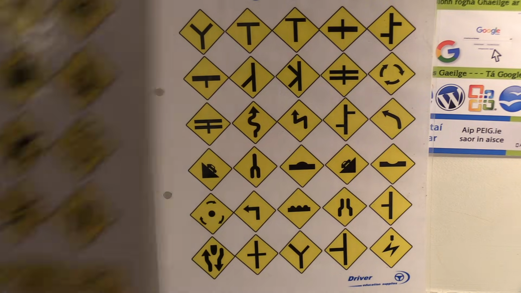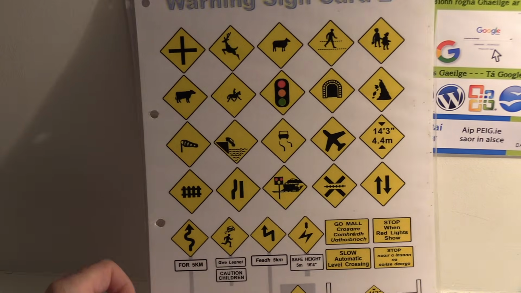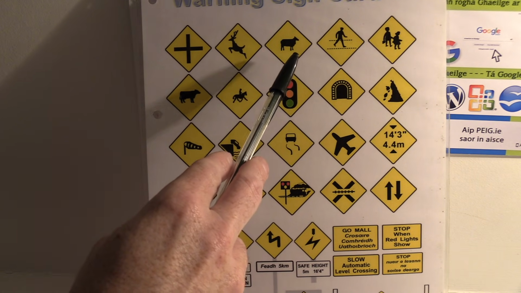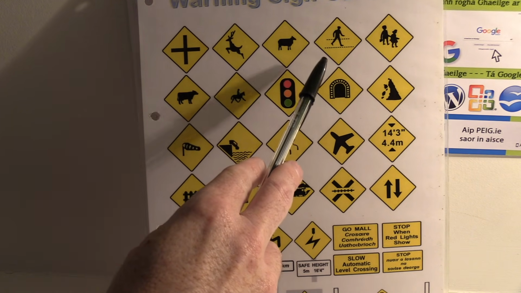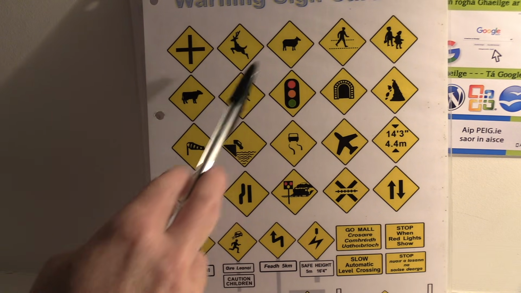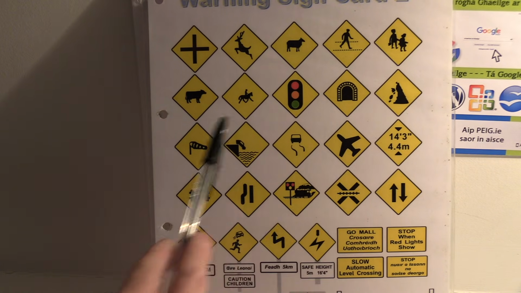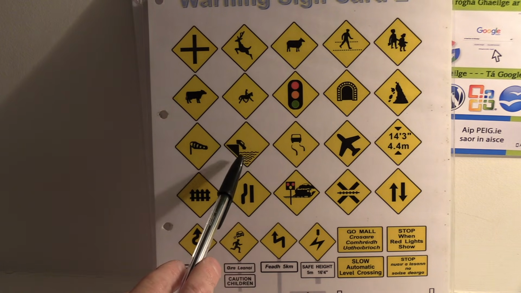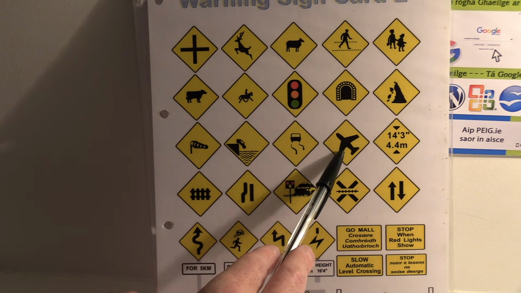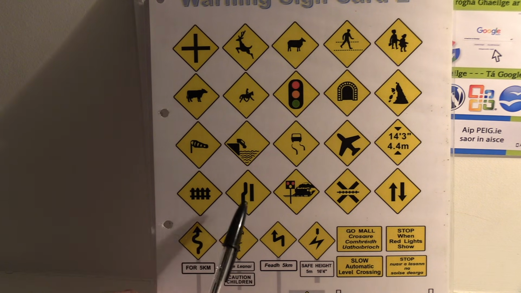So another series of warning signs here, again some of them might be repeated. So we have crossroads, deer, that's for farm animals like cattle, pedestrian crossing, school ahead, another one for cattle or sheep crossing, that's cattle, sorry, that's sheep, horseback riders, traffic lights, tunnel ahead, danger of falling rocks, crosswinds, unguarded quay, canal or riverside, slippery surface, low flying aircraft ahead, restricted headroom, level crossing guarded by gates, road narrows from the